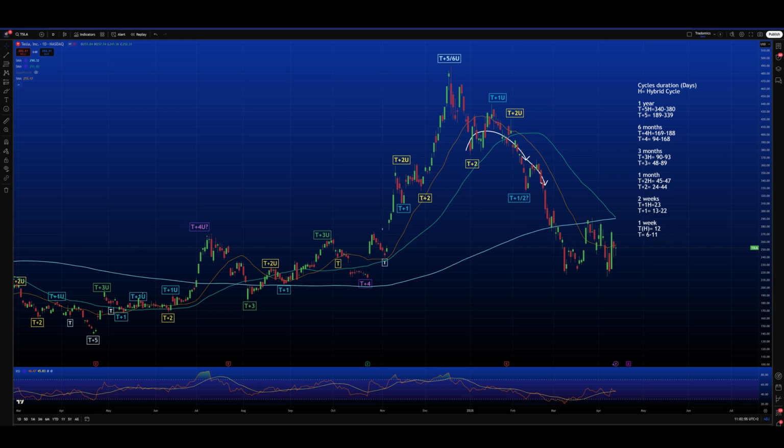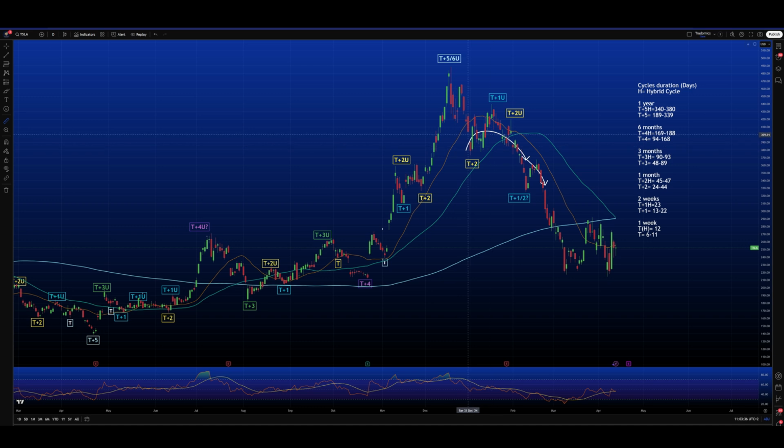Last but not least, we have Tesla. So what has happened on Tesla is, as for the last analysis, I was saying that we could have continued falling down because this T plus 2 was a negative one. Now, we have additional information from the market. So this cycle has been T plus 2. And here I was in doubt whether this was a T plus 1 or T plus 2. But if we gauge the duration from this low until here, we have 38 bars. So we can eventually consider this cycle as a T plus 2.